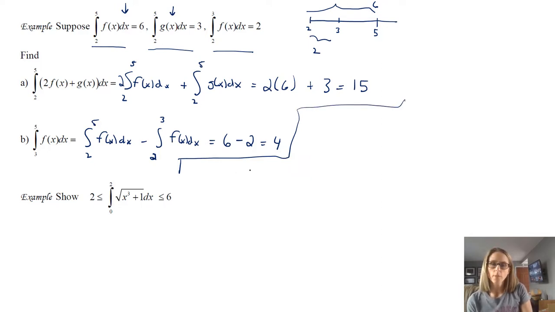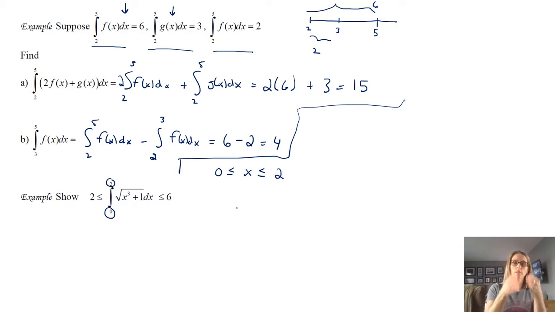So I'm going to start with x. And what I want you to notice is that x goes from 0 to 2. So we know that x goes from 0 to 2. Basically what I'm going to try to do in the middle is create the square root of x cubed plus 1 by doing whatever I do to all 3 sides here, the middle and the 2 sides. So the next thing I'm going to do is create x cubed, and so that means I'm cubing all 3 sides. So that gives me this.